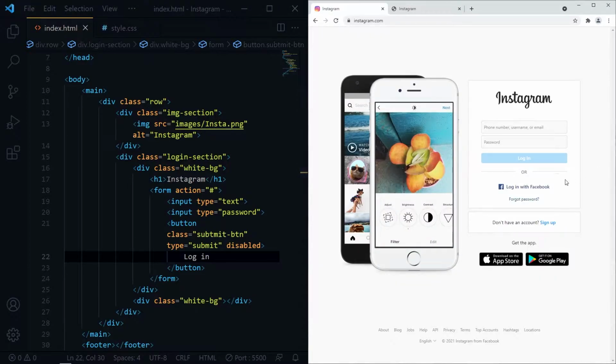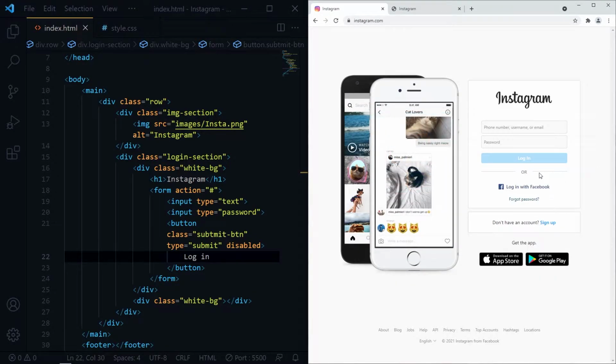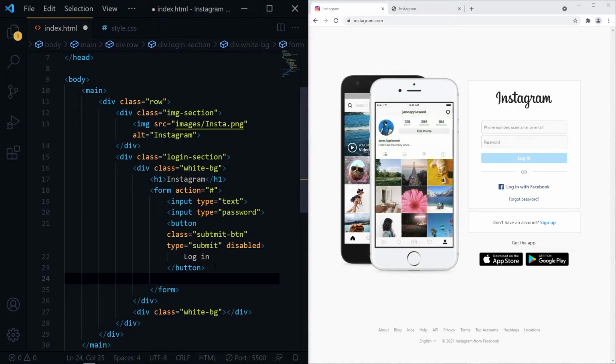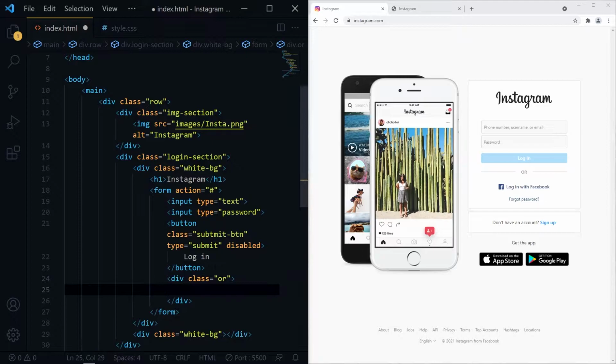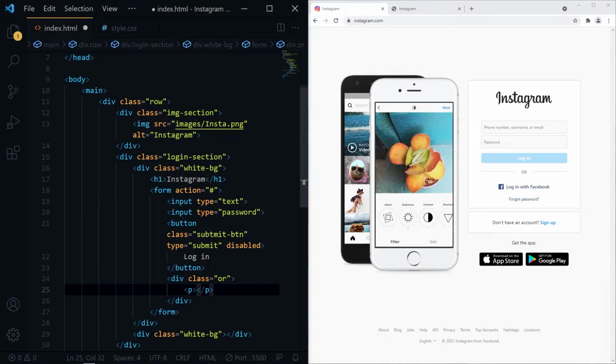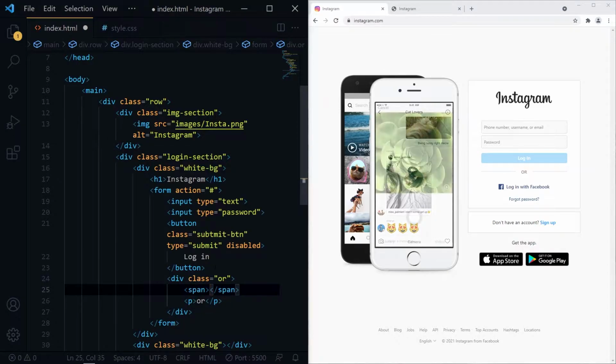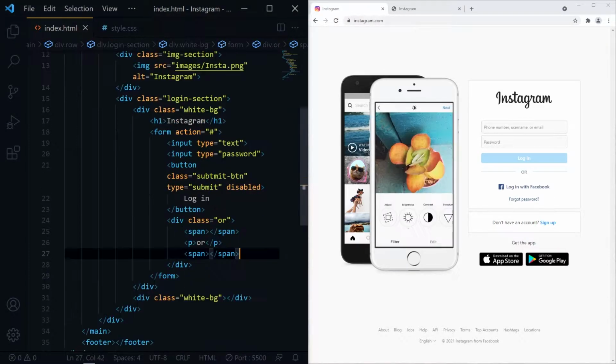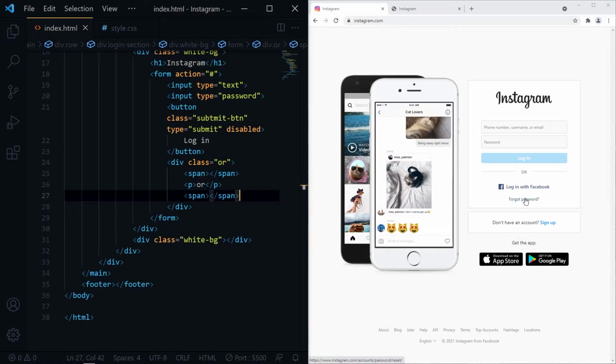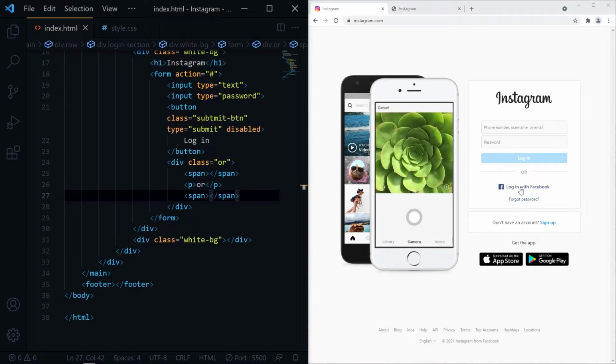Next we need to create this OR with two horizontal bars. I will give our div class name OR, and inside that a p tag will contain our text and a span tag for the horizontal line, or we can use before and after also. Now for this one, these two are links, so it must be inside the anchor tag.